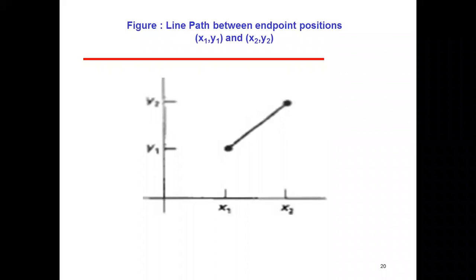Now we can see an example here. There are two points, x1 y1 and x2 y2. Then how can we draw the line here? We already know the x1 and y1 values, and x2 y2. Then we will get a single point here. Similarly, for x2 and y2 we will get another point, and then we can join these two points. So we will get the straight line. So we can draw the straight line if we know the initial point and the final point.